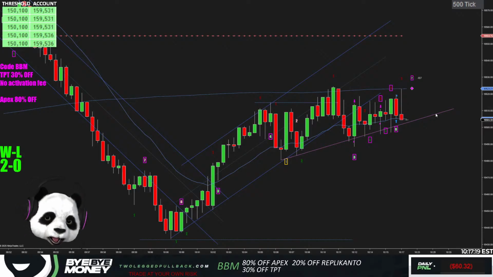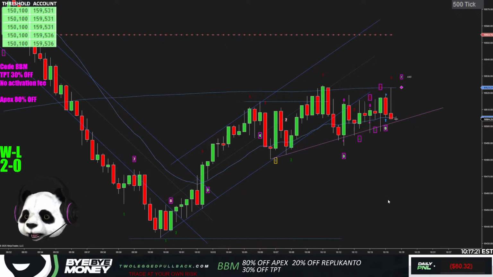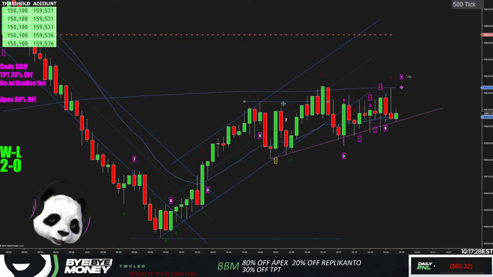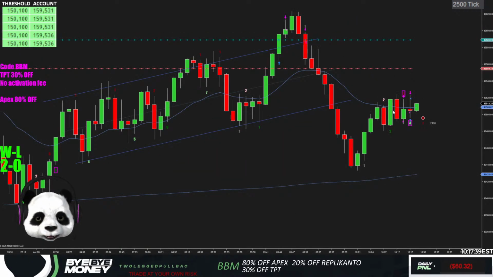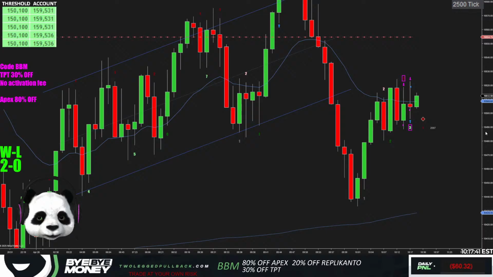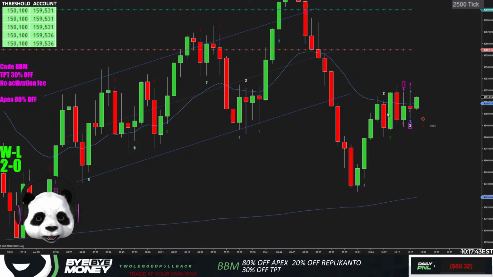In the end, it just got very choppy on us, and you just stay away from this. This is a stay away from the market type situation when it looks like this. The only reason I was trading is because I was already in the trade. When the 2500 tick chart has 1, 2, 3, 4, 5 overlapping bars in a row, you should stay away from it. But I take the trade, I take the chance.